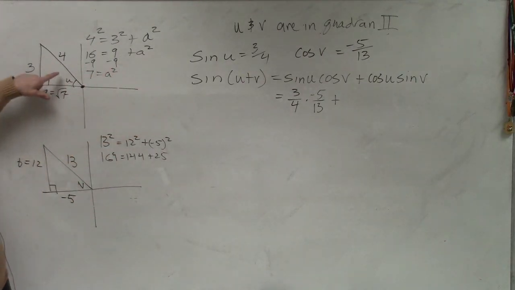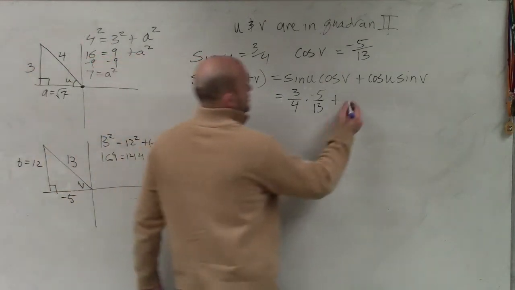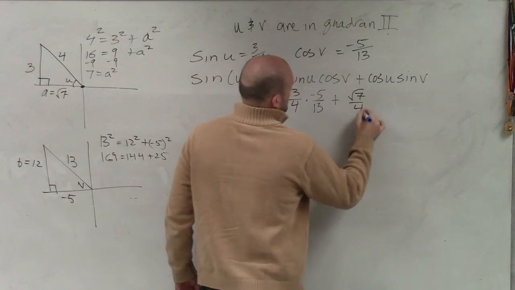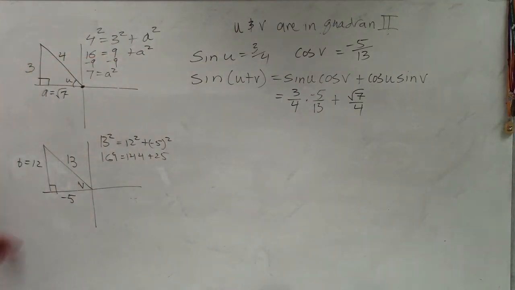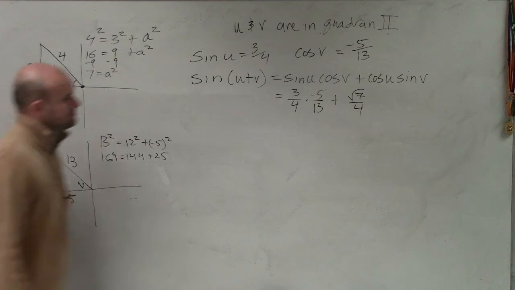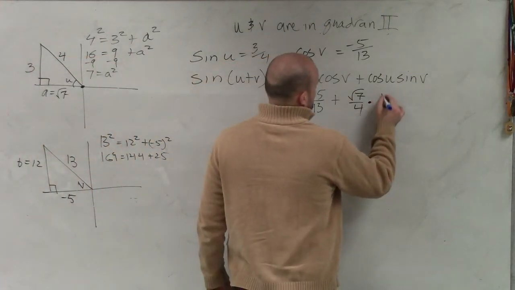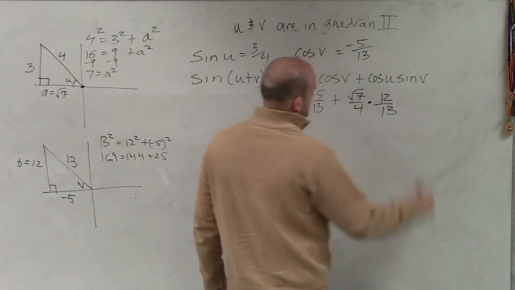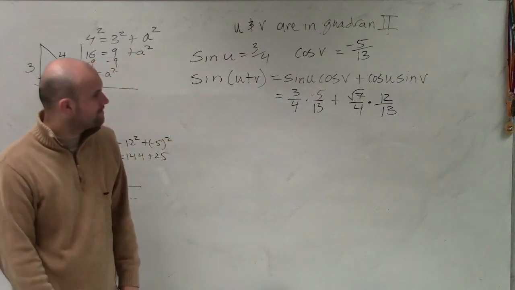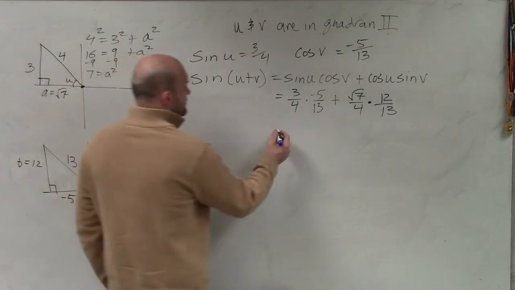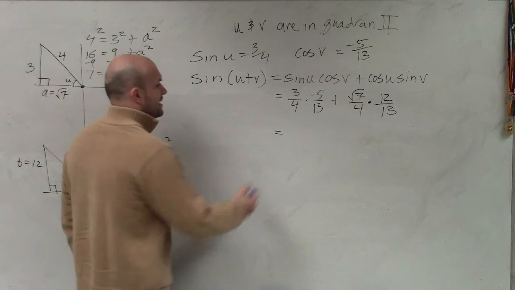So now we go up to here. The cosine is adjacent over hypotenuse, square root of 7 over 4. And the sine of v is 12 over 13. So therefore, we now have negative 15